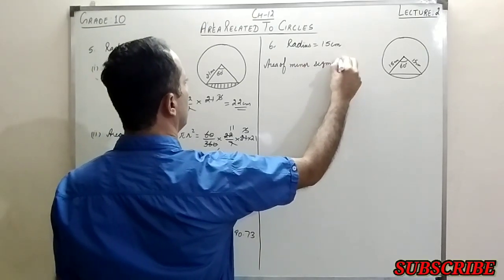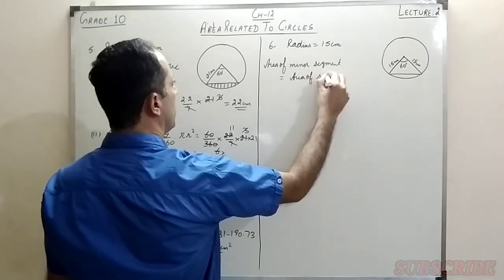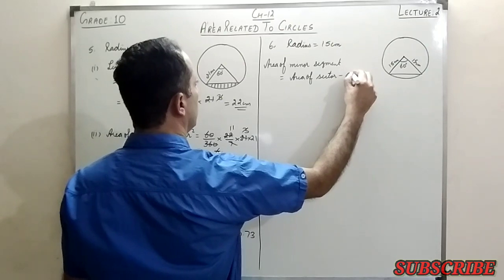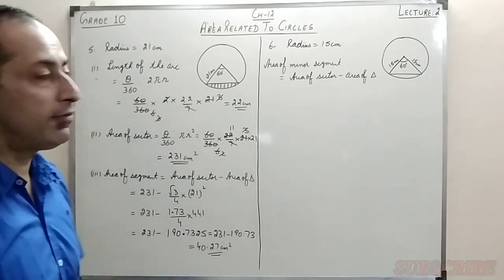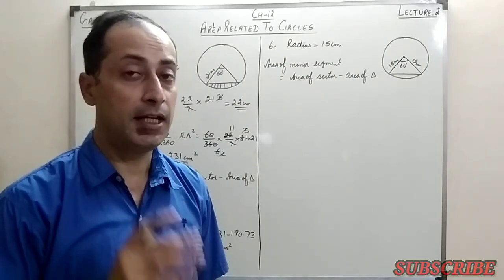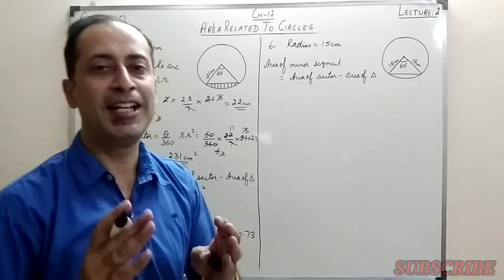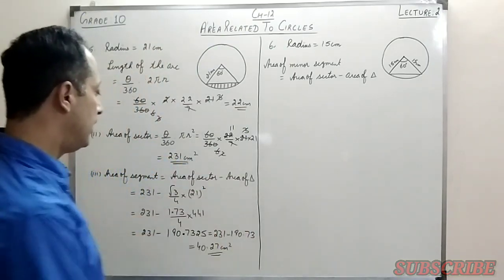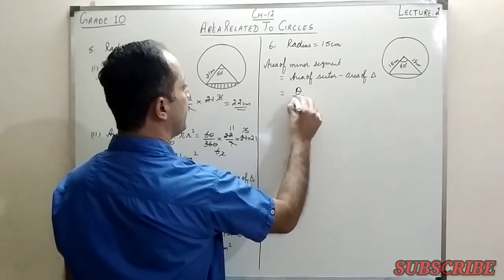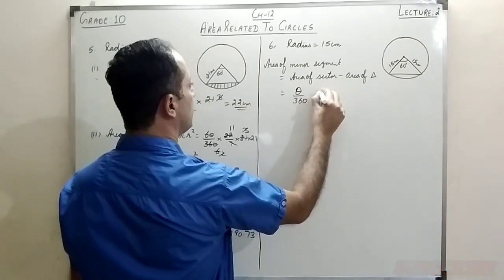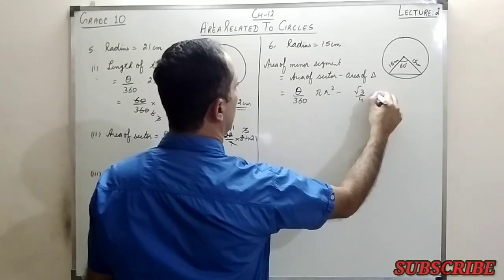we have the formula, that is area of sector minus area of triangle. Again, if you see, dear friends, the angle is 60 degrees, and if the angle is 60 degrees, the triangle is, oh sorry, not right angle triangle, equilateral triangle. So we can apply the formula root 3 by 4 side square. So area of sector is theta by 360 into pi r square minus root 3 by 4 into